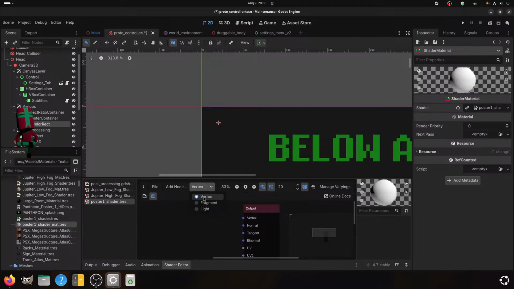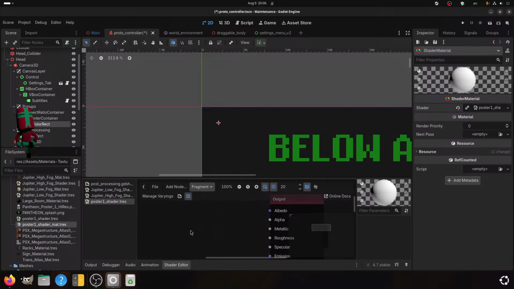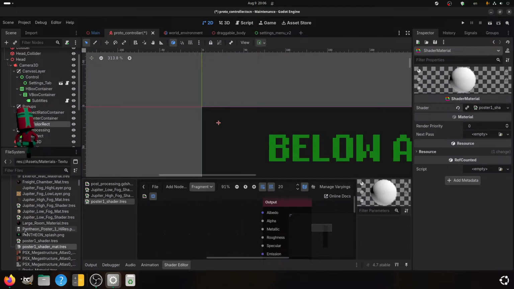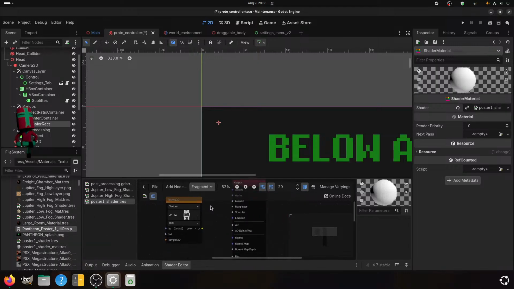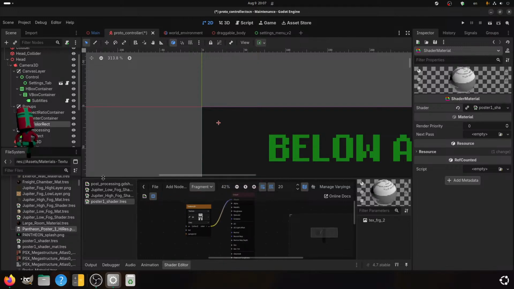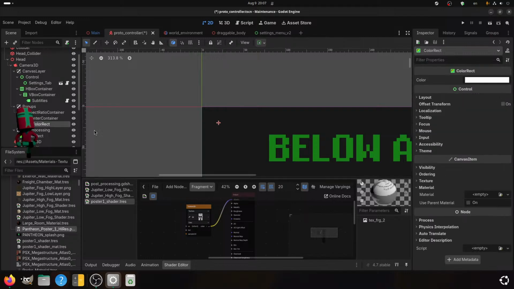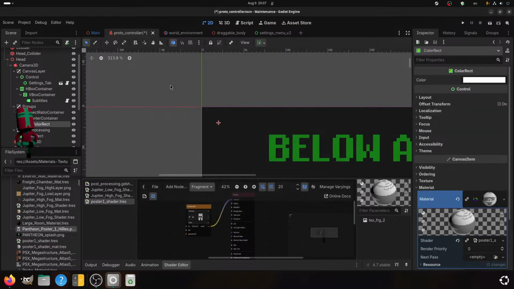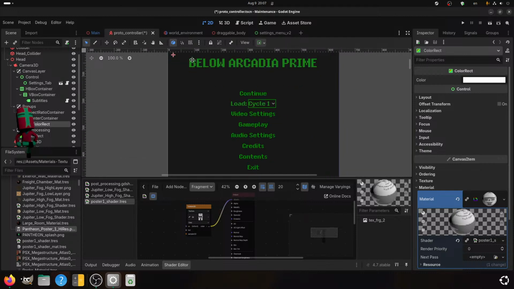We don't need anything in vertex, just fragment. And for the albedo, we need you. Excellent. And now can I quick load poster one shader mat?